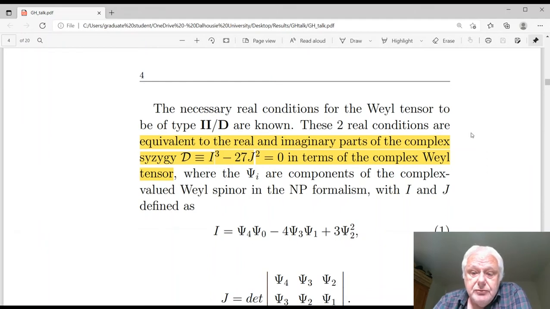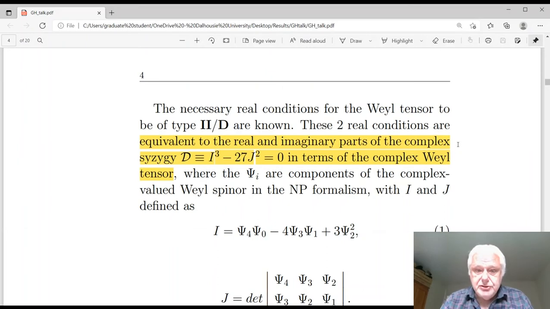I mention this because this is the route I'm going to take in future analysis. So in 4 dimensions, for the Weyl tensor to be of type II, algebraically special, there are 2 real conditions that need to be satisfied, completely equivalent to these conditions here. If I were to look at the covariant derivative of the Weyl tensor, there are conditions in terms of scalar curvature invariants for it to be algebraically special. If I were to look at higher dimensions, there are real conditions in terms of scalar curvature invariants for it to be algebraically special. In the particular case of 4 dimensions and the Weyl tensor, they're completely equivalent to